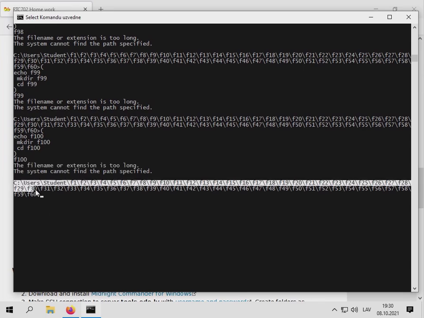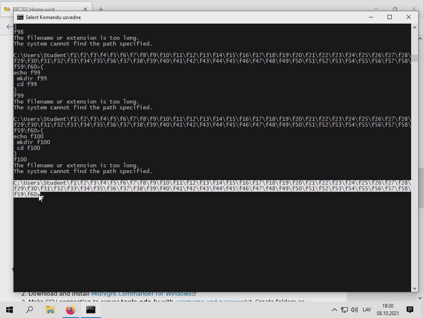But it was actually a little bit of a lie, because there was still a limit: when you refer to this file by its full path, starting from the root of your file system, like C:\, blah blah blah, this path also couldn't be more than 255 characters long.